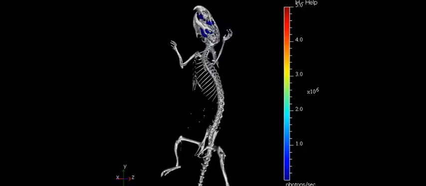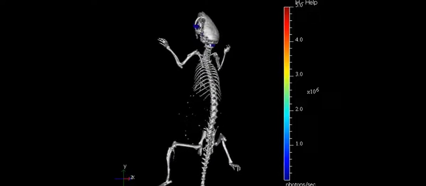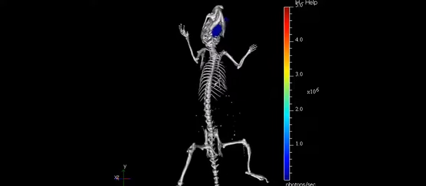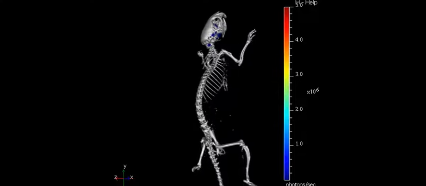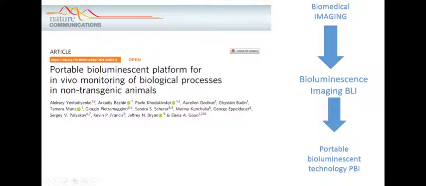Bioluminescence refers to the process of visible light emission in living organisms. In biomedical imaging, it is a technology that uses light emitted by enzyme-catalyzed reactions to report activity at the molecular level. A recent article published in 2021 reports the development of a portable bioluminescent technology and claims that this method